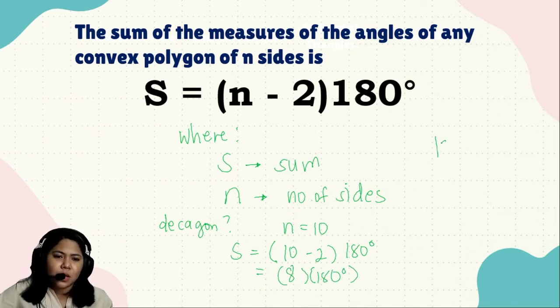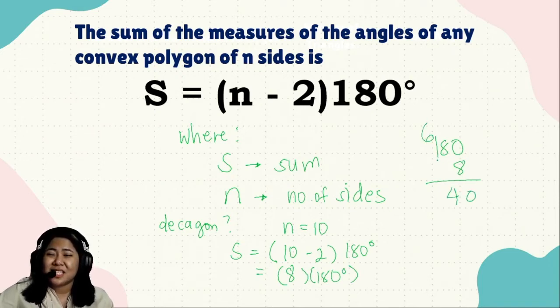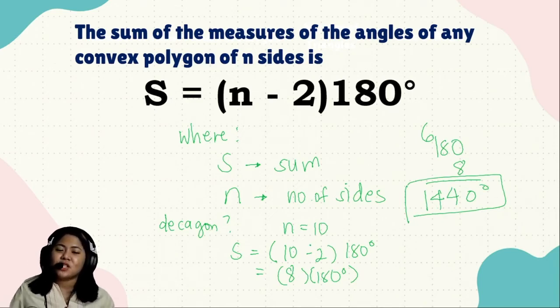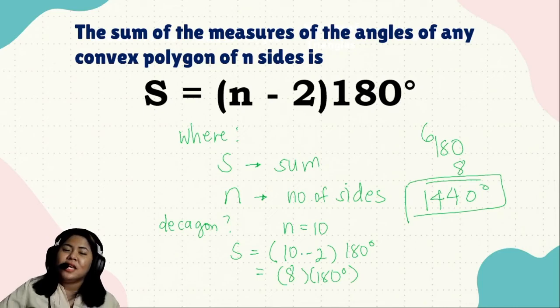So, what is 180 times 8? 8 times 0 is 0. 8 times 8 is 64. 8 times 1 is 8. Plus 6 is 14. Tama ba? 8 plus 6, 14. Okay. So, 1,440 degrees. So, the sum of the measures of the angles of a regular decagon is 1,440